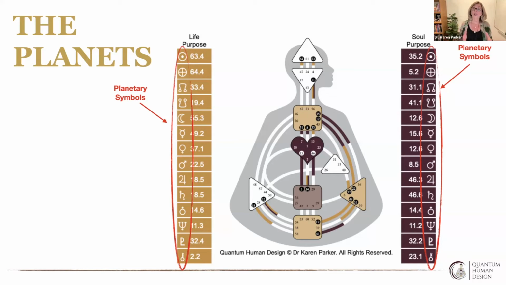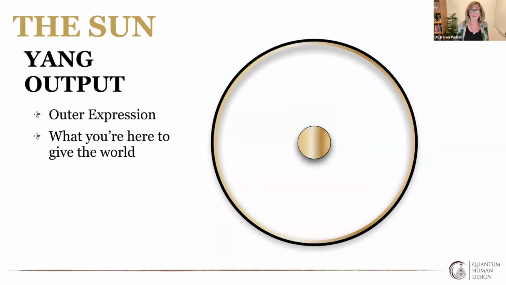So when we're looking at a transit, we're looking at the theme of the planet, and we're also looking at the theme of the gate that's being lit up by the planet, right? In this particular case, you'll see that on the soul purpose side of the chart, the sun, which is the circle with the dot in it, is lighting up the gate 35. So that's telling me the theme of the sun, that school. If you think of the sun as a school, the curriculum of the sun is being played out through the gate 35, which is also an archetype. So you get to do some storytelling between the themes of the planets and the themes of the gates. So let's review for a minute just what these different planets bring.